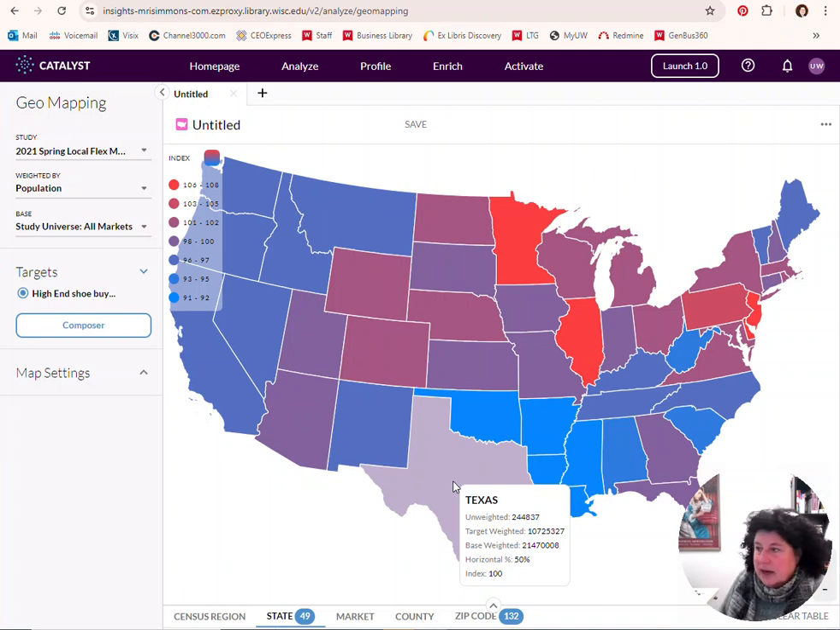And then the target weighted number is how many women in that state that would equal out to, how many that would be in that state. And then the base weighted number would be what is the population of people in that state. And then the horizontal number is what percentage of people in that state did that thing. So you can see in Texas, 50% of the population bought one of those brands in the past